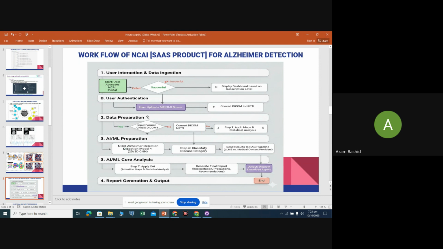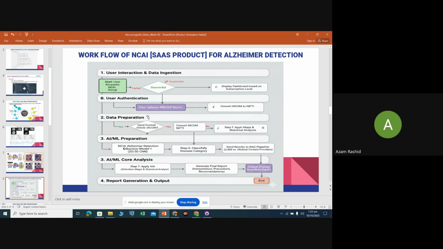The plus feature is that we also attach our examination attention report and analysis report to an LLM. With the variants of different LLMs, we get the information, and we authenticate the information with